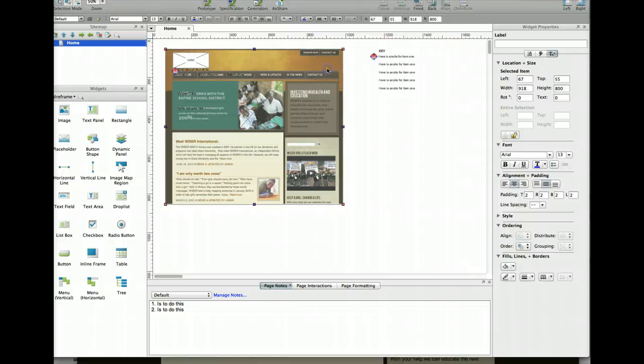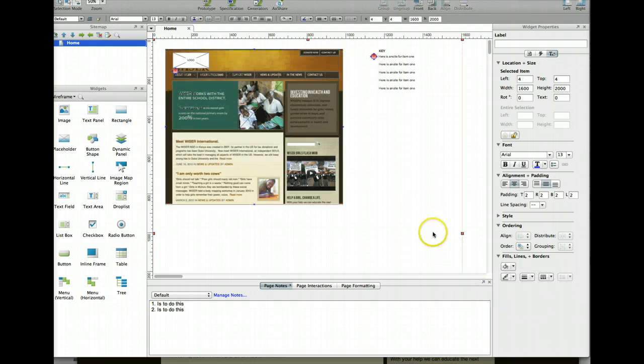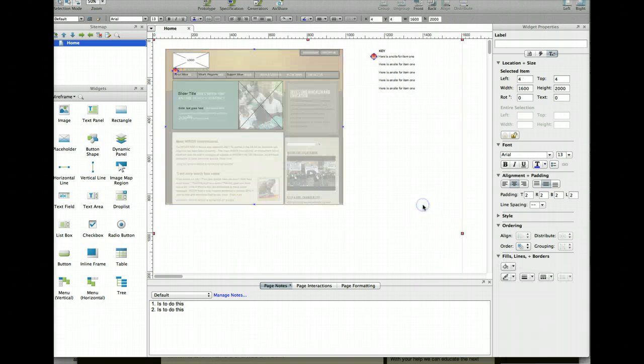And so if I click it again and knock down the transparency, or make it less transparent. I'm going the wrong way, I'm sorry. We get what we know as an onion skin, is that I have a transparent layer over the box